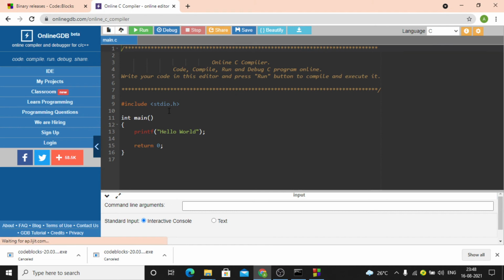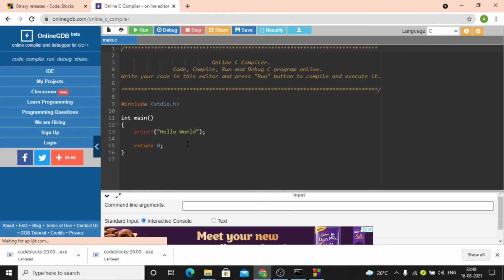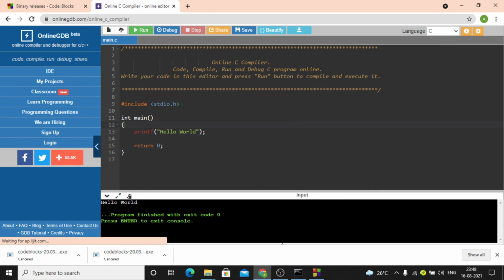This is the online C compiler, and it is the same thing. Again, you can see hashtag include stdio, int main, printf, hello world. Everything I'll teach you, each and every line I'll explain: what is include, what is stdio.h, what is int main. No problem. Now again here, if you run this, it is compiling the program, and you can see hello world is coming, right? So our program is successfully running, and we have Code::Blocks on our system.